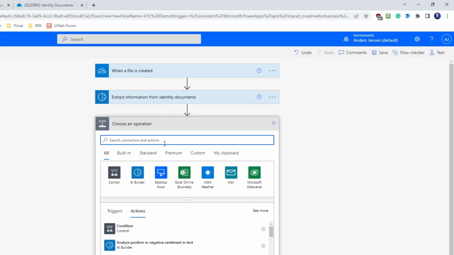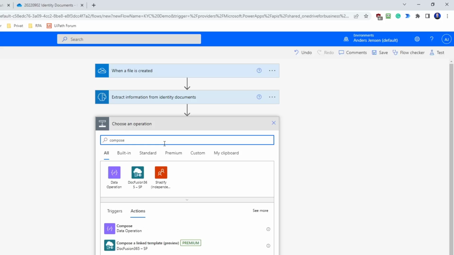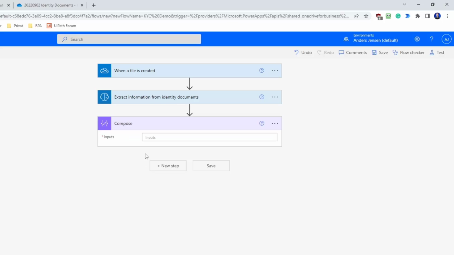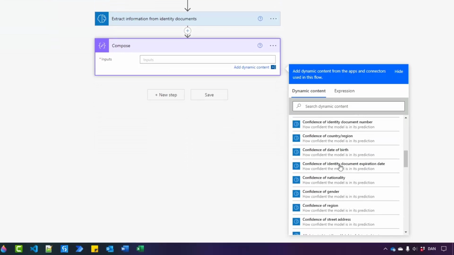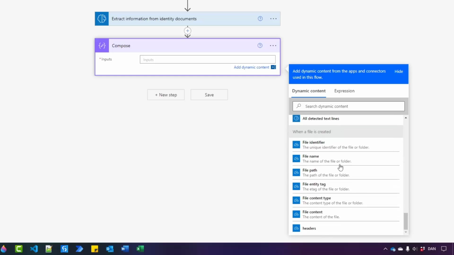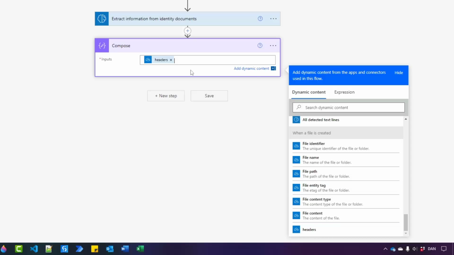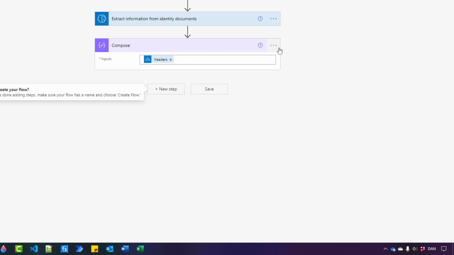So I'll click new step here. I'll click compose. This is just to show you how you can manipulate data. I really want you to do this as well because you'll learn a lot. Here I'll click in inputs, and for the first we will just scroll all the way down here, under when a file is created, choose the headers. We are not going to use this dynamic output as we cannot use it, but what we can do is